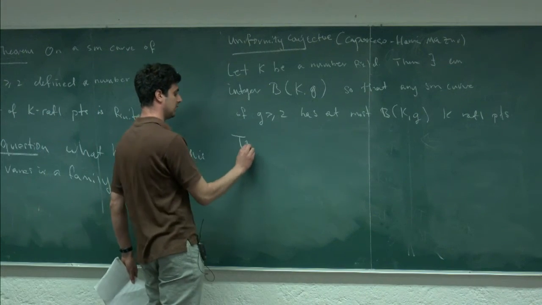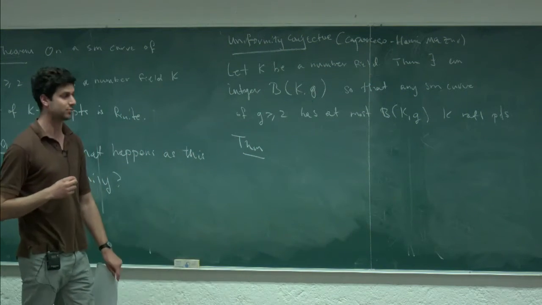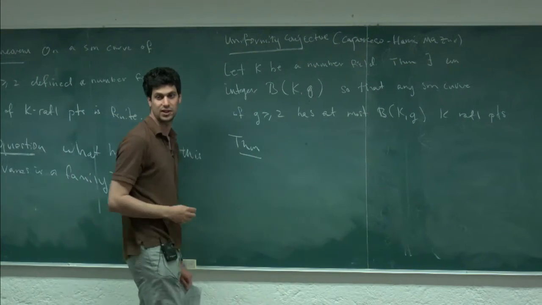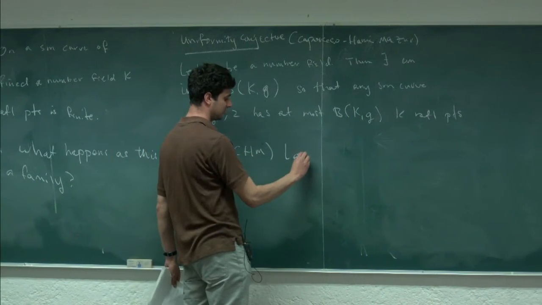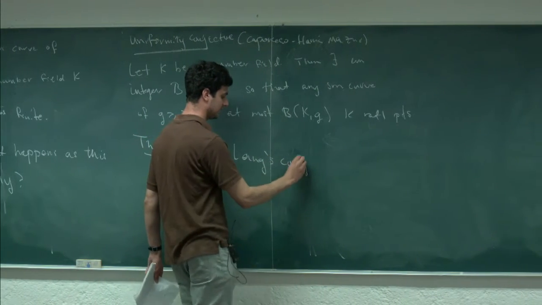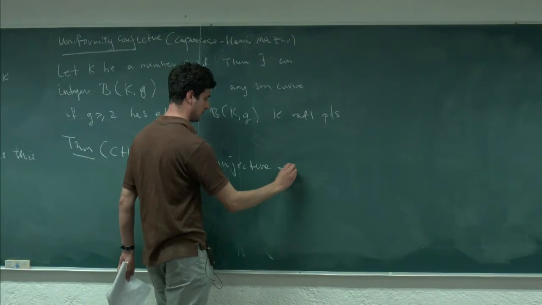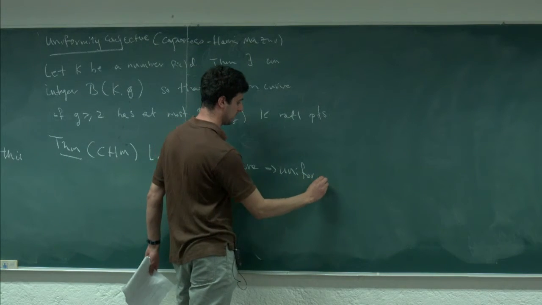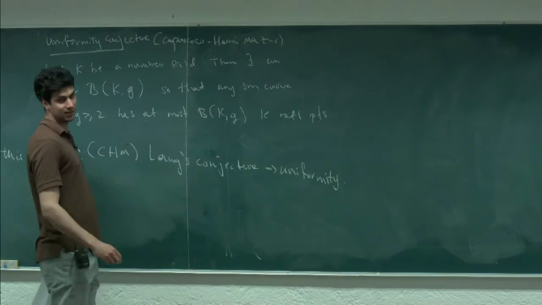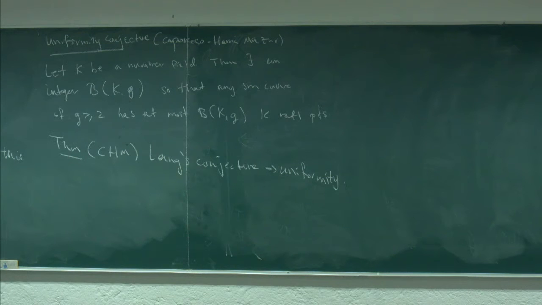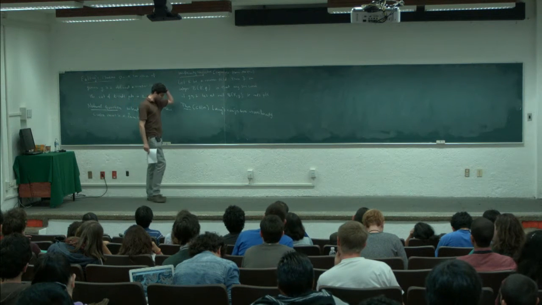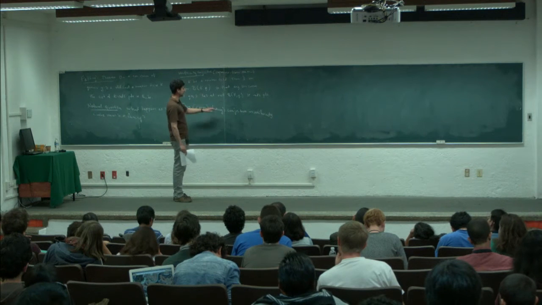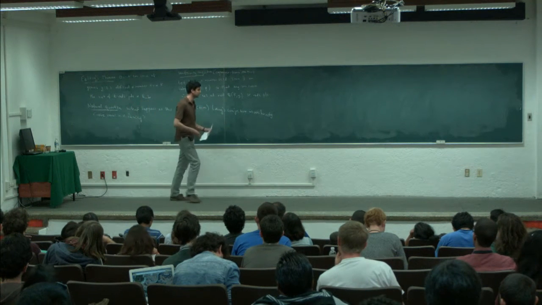And so the theorem that Caporaso, Harris, and Mazur prove is that this conjecture is true if you assume Lang's conjecture. So Lang's conjecture implies uniformity. Okay. All right, so let me state Lang's conjecture. Roughly speaking, Lang's conjecture says that if I have a variety of general type, then rational points are not Zariski dense. Okay, and what this theorem says is not only is there some finiteness property, there's actually some uniform boundedness. Okay, so Lang's conjecture: